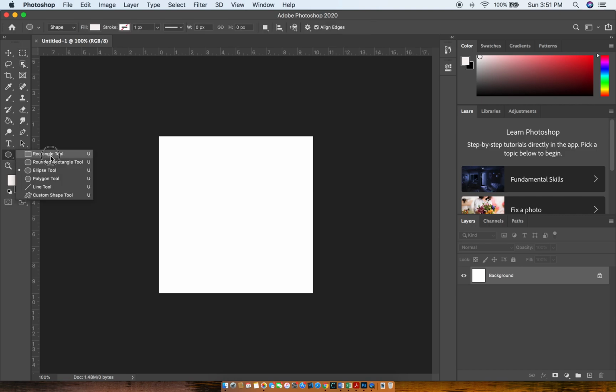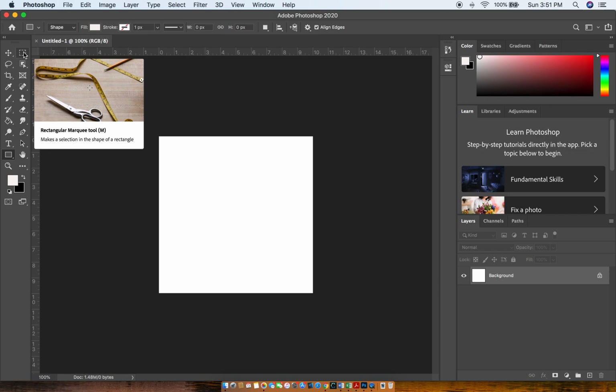It may default to the rectangle. Mine defaulted to the ellipse this time. Bottom line, it's below the type tool. And if you do a long press, you're going to see that you have access to a bunch of other shapes. Okay. So going back to the marquee tools, I want to point out first that these are bitmap or